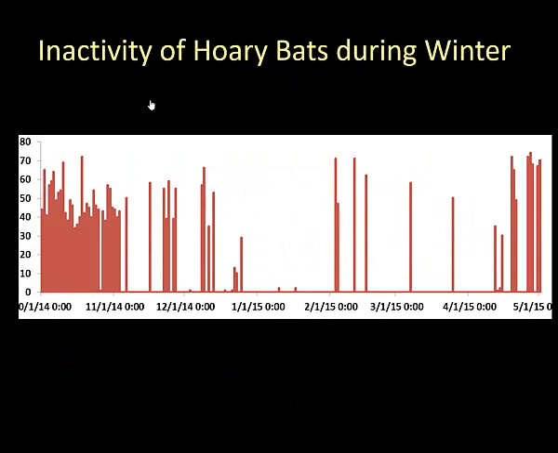So we had an 8-month record of the activity of a single individual hoary bat over the entire winter. This is an unprecedented type of data on a migratory bat. Basically the pattern shows that up until about the 1st of November, the bat's active pretty much every night. Once we get into late April and May, again, it starts to be active every night. But in between, there's some very long stretches of inactivity.